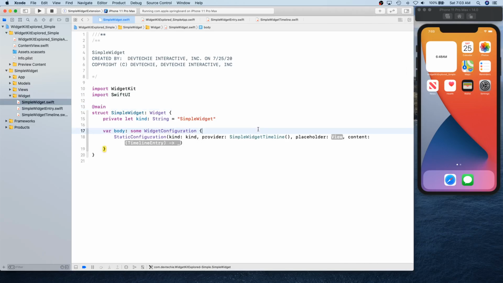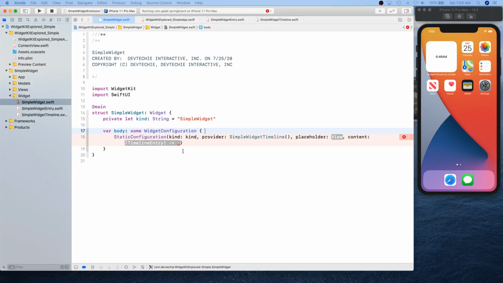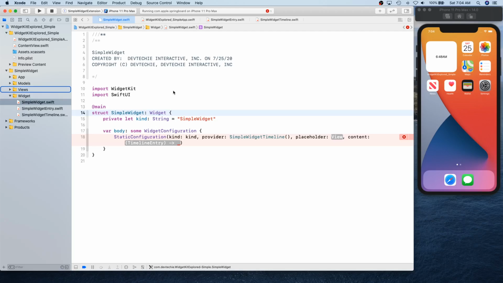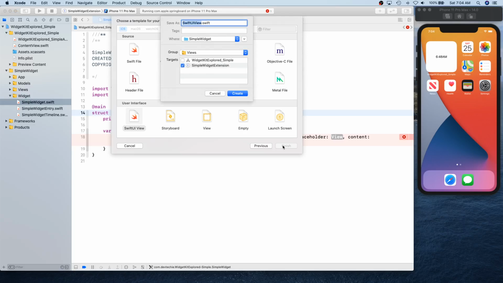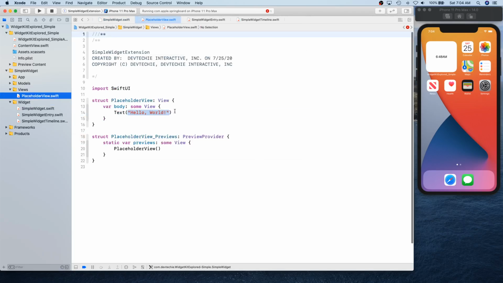So with that, let's go ahead and create our next item, which is the placeholder view. The placeholder view is very simple. We just create a new file, select the SwiftUI view template, and call this one PlaceholderView.